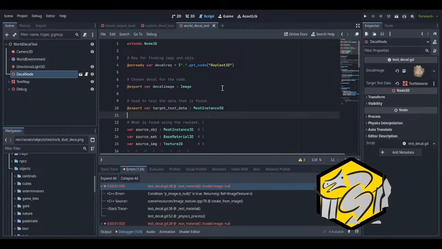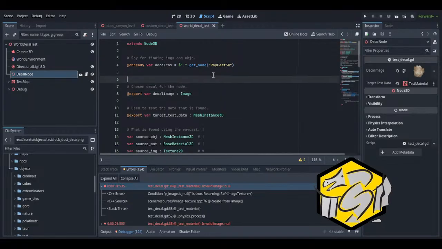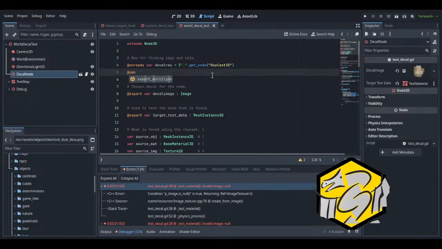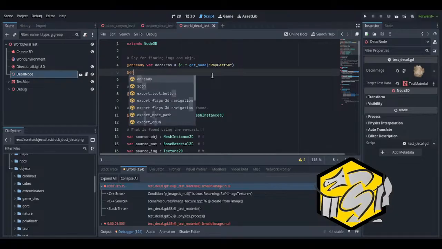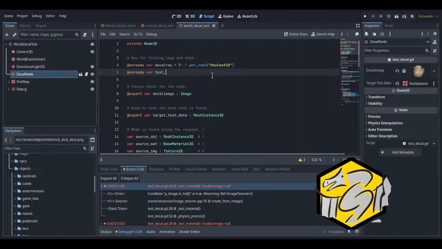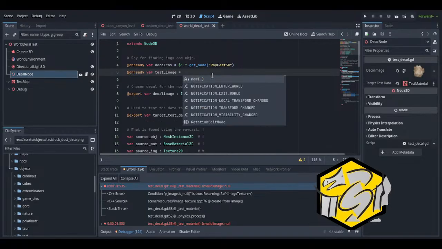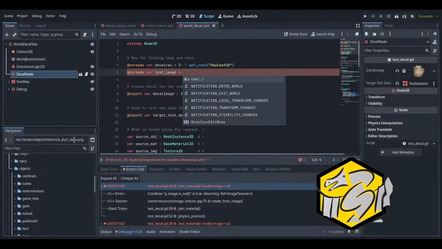Okay, we're just gonna do this. We're just gonna make an onready var test image equal, and we'll just grab our. Do we want to load it?